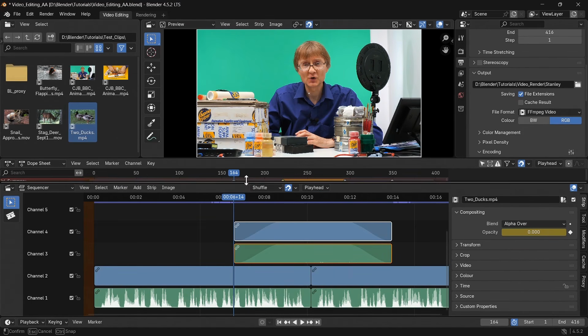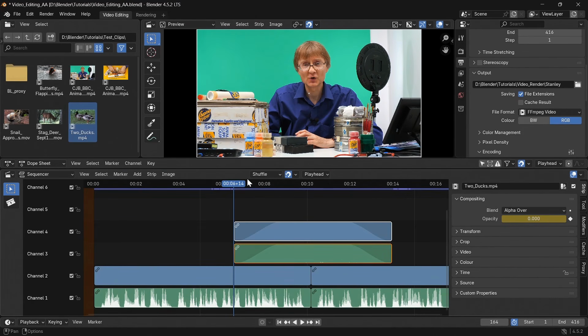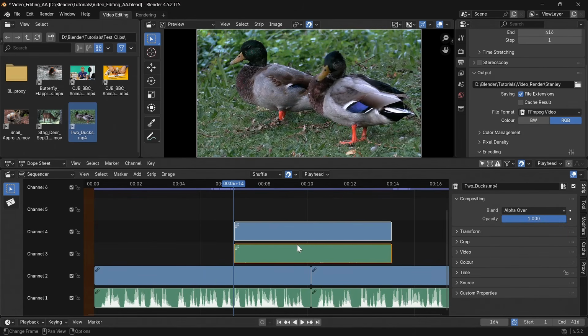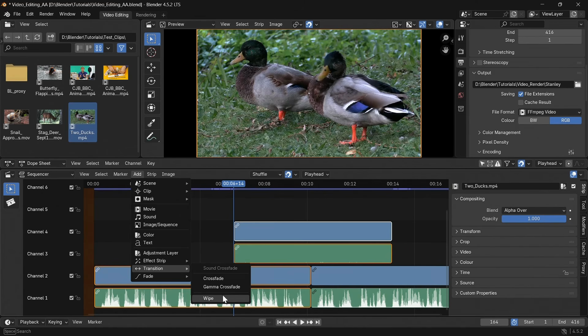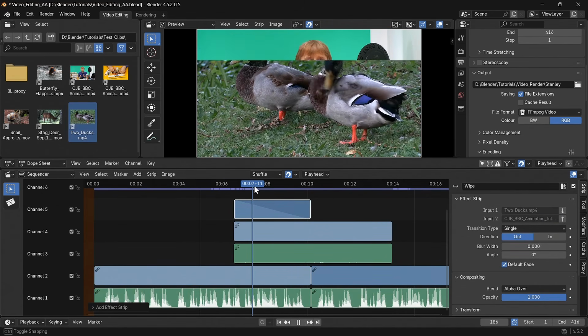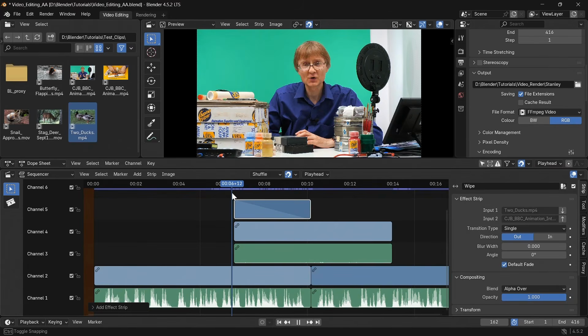The final thing I want to show you here is you can also add transitions in other ways. So let's go down here and clear our fades. And then I'm now going to select these two clips and go to add and transition and add in a wipe, which appears on its own channel. And if I now move the playhead, you can see we've got a wipe from one clip to the other,